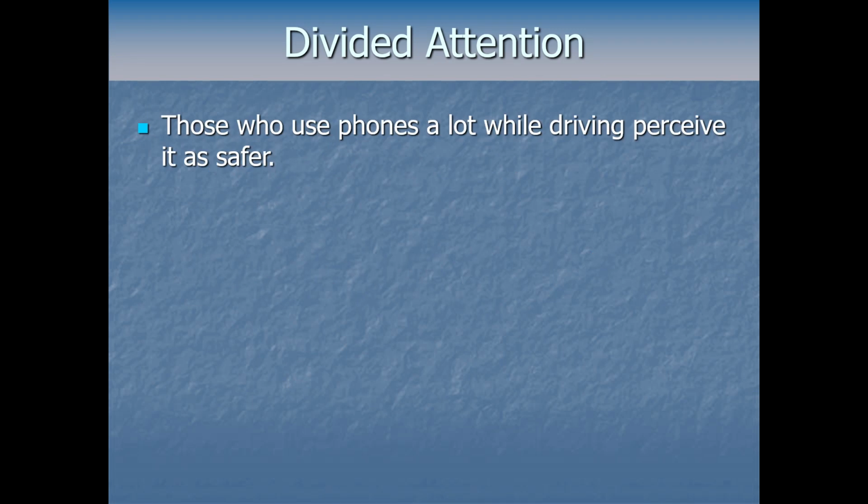By the way, there has been quite a bit of research into people's driving as a multitasking behavior and their beliefs and perceptions about that. It turns out those who use phones a lot when they're driving perceive it as a safer activity, which might just mean that those with inaccurate beliefs are more willing to do this behavior because they're ignorant of the reality. Or it could be more like a cognitive dissonance thing. If you already do the behavior a lot because it's tempting and you want to talk to your friends, you might start to perceive it as more safe than it is because you don't think of yourself as an unsafe person and you do this all the time. So it could be either of those, but we find that those who use their phone a lot do perceive it as safer.